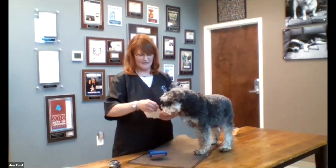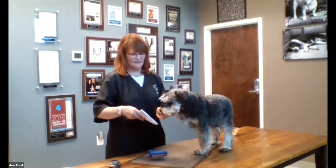And the best way to work with nails at home is with a coarse piece of sandpaper or an emery board, because you can't go too short with those tools. And what you'll do with an emery board or a piece of sandpaper is simply take the nail and just go like this. And it helps take the sharp edge off the nail and get it a little bit shorter, but it isn't going to do much without being cut, which we can do at our curbside services,